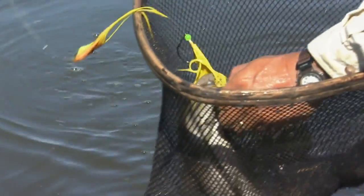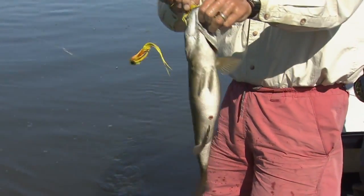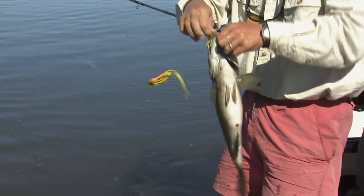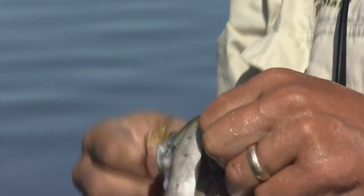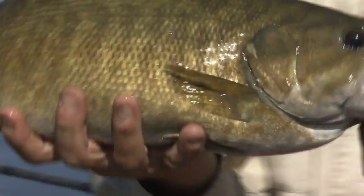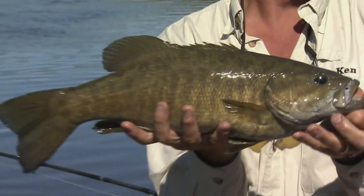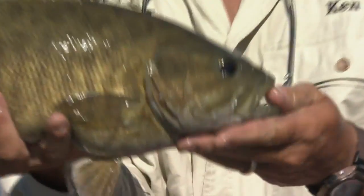Yeah, watch out for this treble, but on the musky fly. And you called it where he was going to be, where we thought a muskie was going to be, and this big old smallie comes out. Did he ever crunch it? Look at this. He wasn't gonna miss that for $1 million. On the musky fly. There is an Ontario bronze bass. All right, yeah. That's great. Not quite musky, but